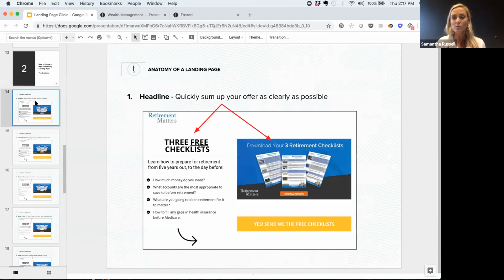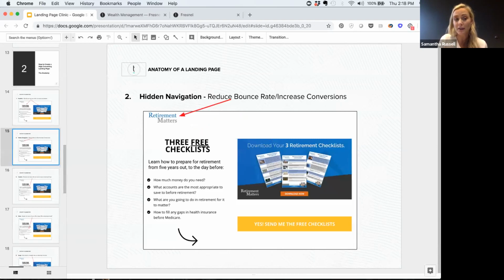So what is the person going to get? That's what the headline is. I just wrote down a couple other ones that I thought I saw recently that were great. So somebody had Money Matters, your guide for financial security, about an ebook that they had written. Another one I saw was get a free strategic analysis of your current portfolio, right? So those are nice, bold headlines that capture the attention and make somebody want to learn more about your offer. So in this example here, we have the 3 free checklists as well as download your 3 retirement checklist. Both of those would be considered the headline.